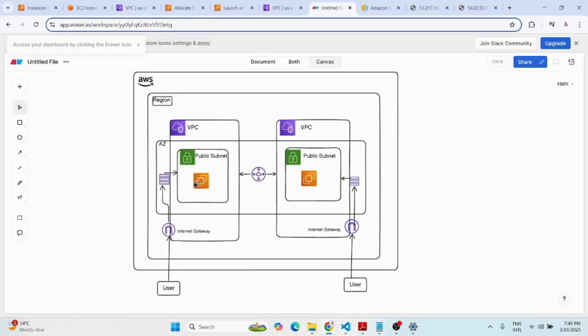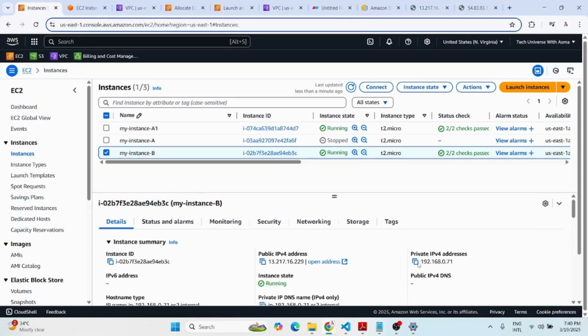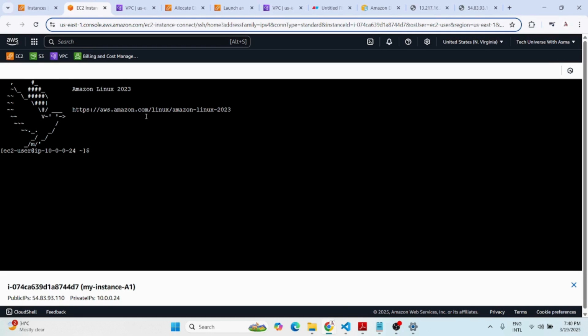From the instance in the public subnet of A, we are trying to ping the instance which is in VPC B. So I copied the private IP address of instance B,